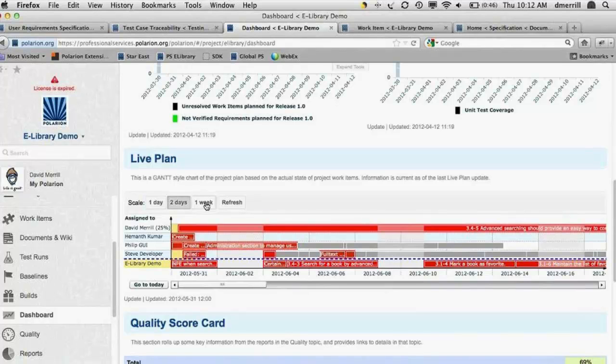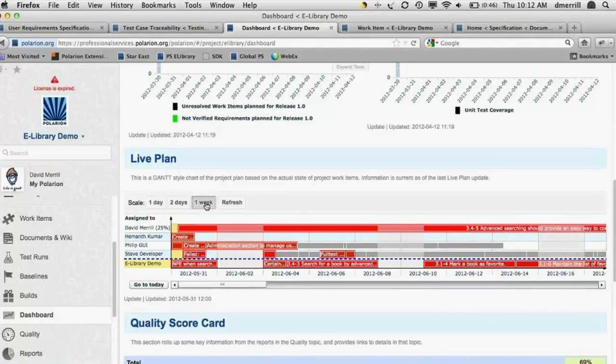And key quality scorecard information can be displayed to show how well I am tracking standards for release planning, for planning development iterations, as well as maintaining schedule,